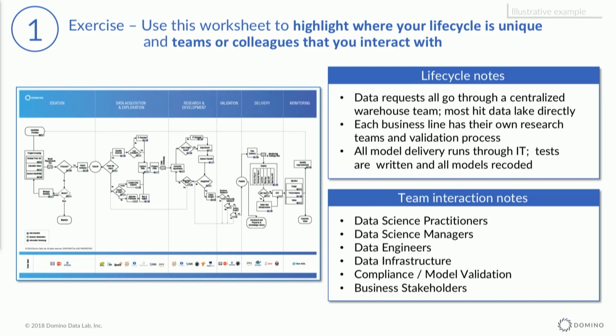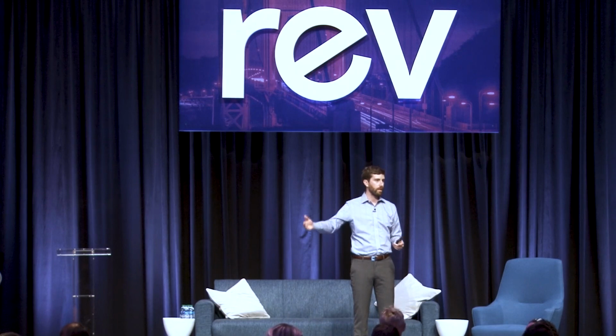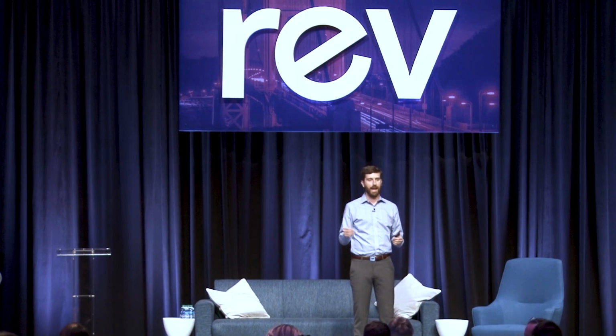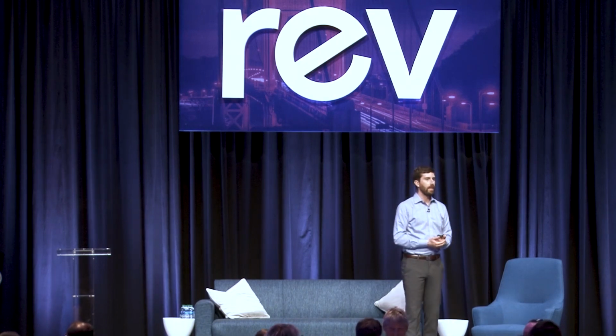The way that we've found this is most effective is to think about 2 or 3 projects you've literally done in the last quarter and think, where did the idea come from? Which person asked for it? What did we check? How did we build it? Where did we deploy it? Who kept track of it? Think through that process and then jot it down. And then the other piece, the bottom box here, is who should you talk to when you go back on Monday morning, or Friday, if you guys are responsible and going back to work on Friday?